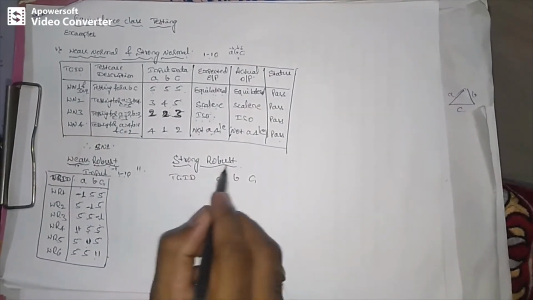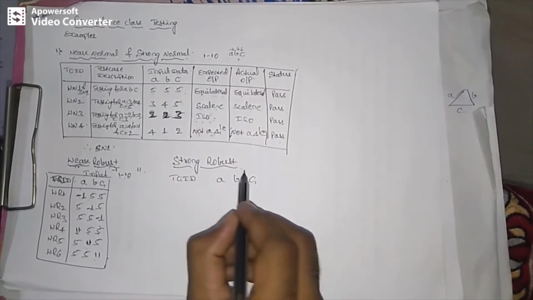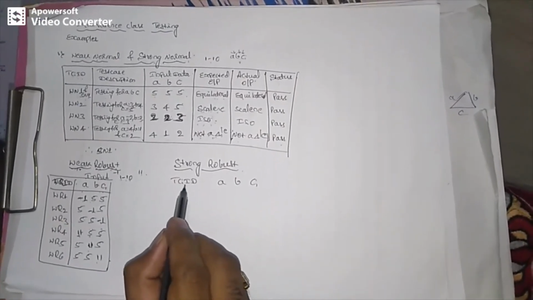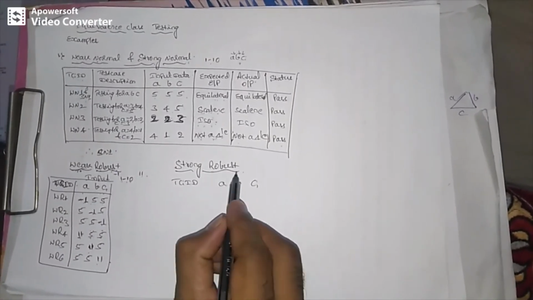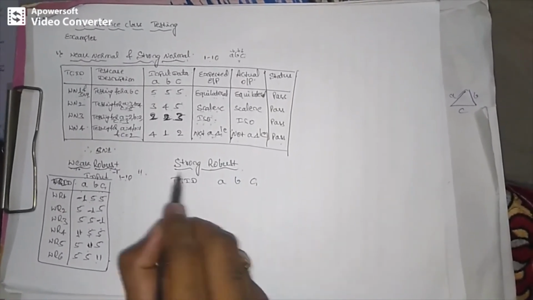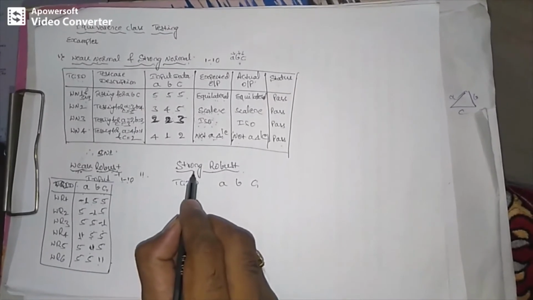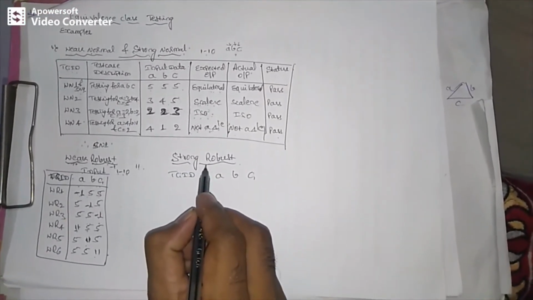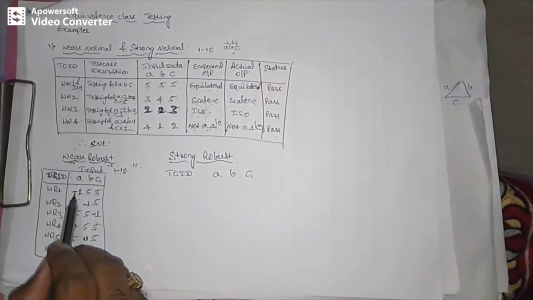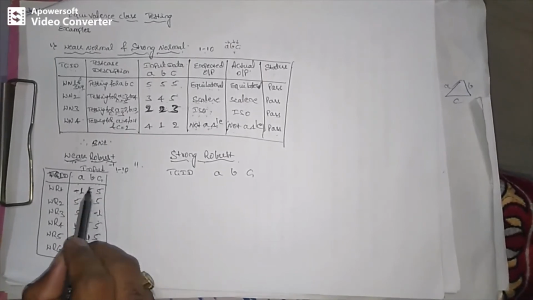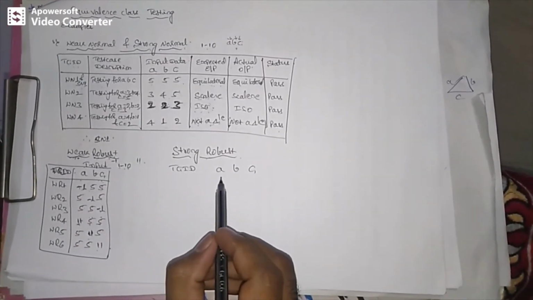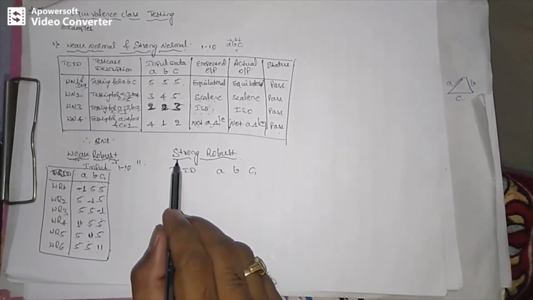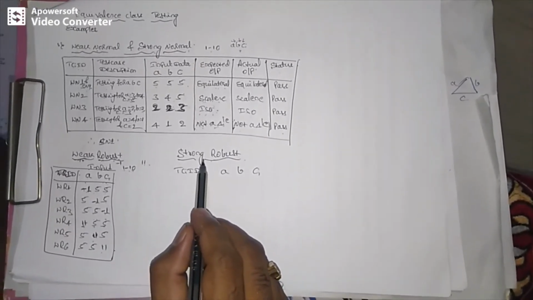So in strong robust, for a triangle problem, now we are writing the test cases. How to write the test cases? I told already the robust is nothing but invalid inputs. Now the strong indicates the multiple fault assumption. Here it's not like one input will be invalid and the other two nominal. Here more than one input will be invalid. Therefore, we are calling it multiple fault assumptions.